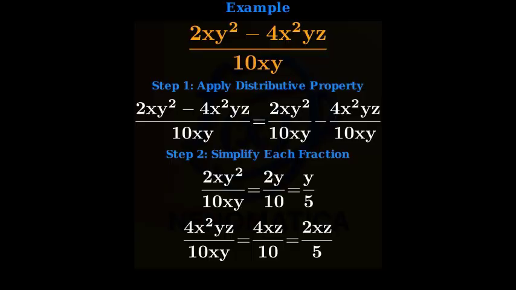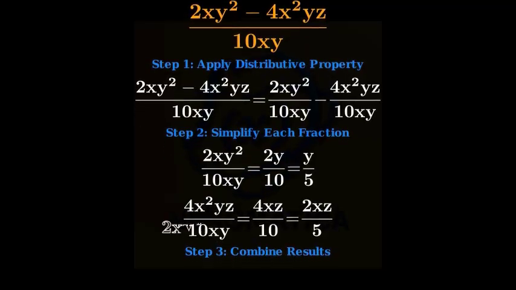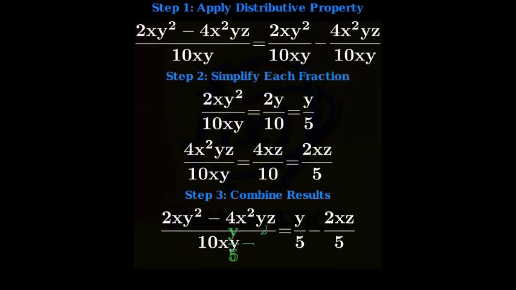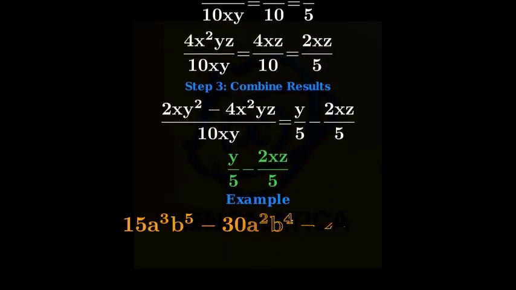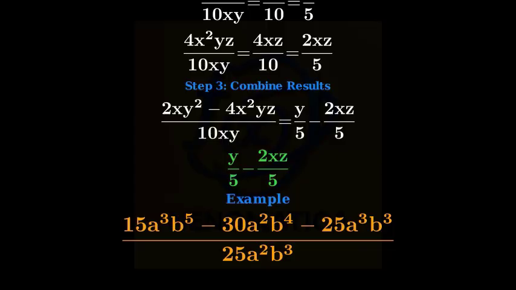Let's try another example. We have 15 a cubed b to the fifth minus 30 a squared b to the fourth minus 25 a cubed b cubed, all divided by 25 a squared b cubed. As before, we'll apply the distributive property of division. This gives us 15 a cubed b to the fifth divided by 25 a squared b cubed minus 30 a